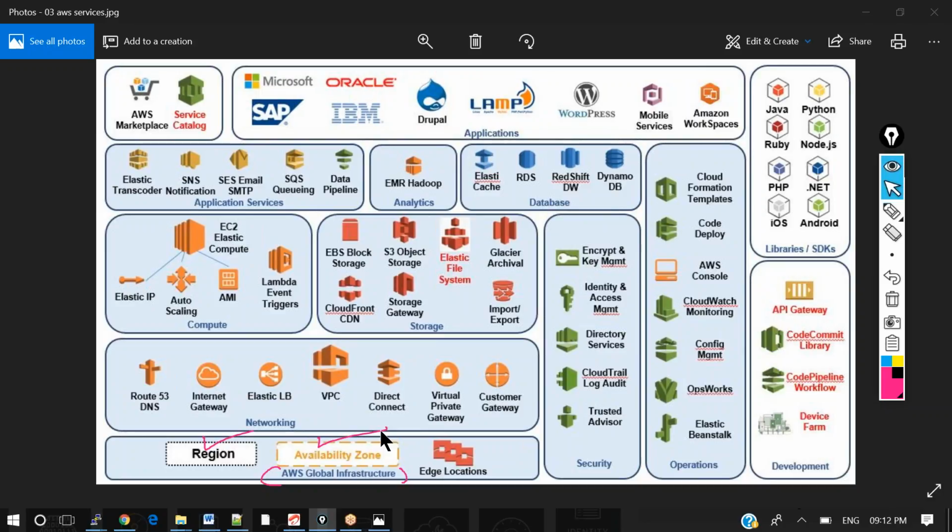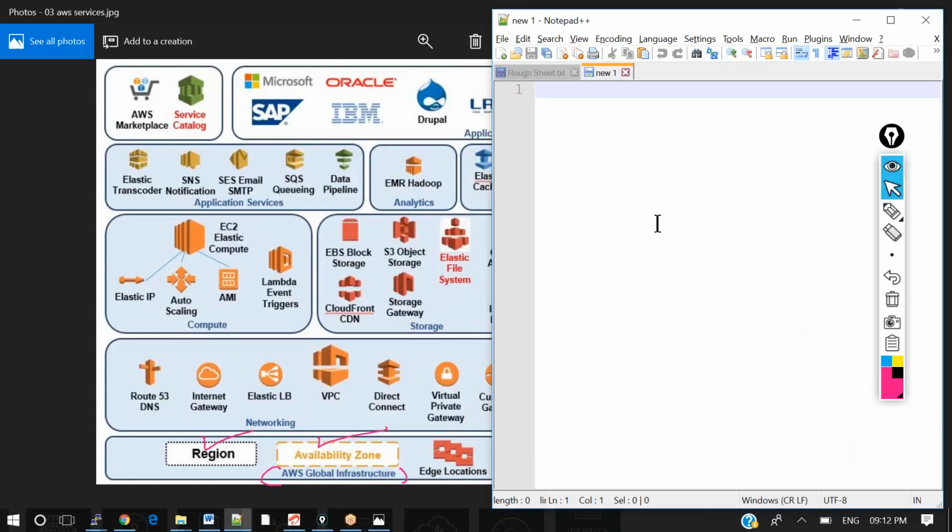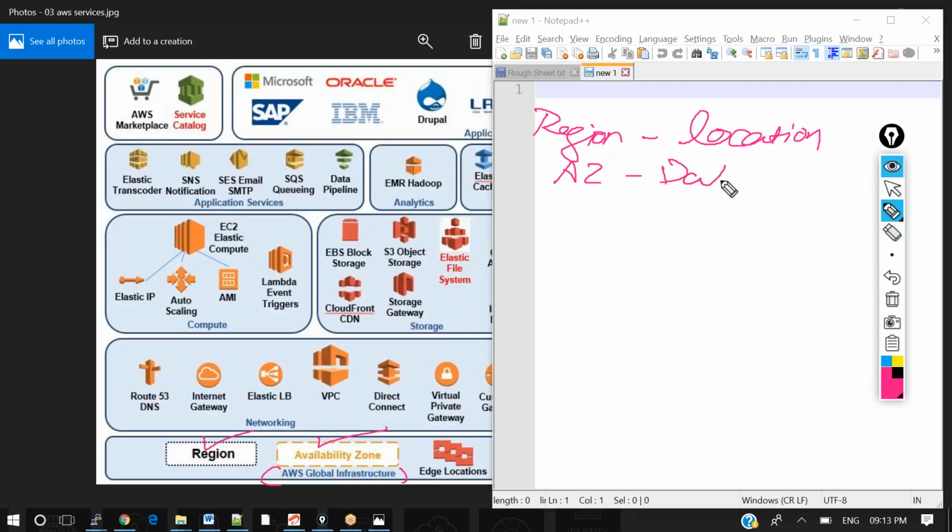So what you have said is correct. A region is nothing but the geographical location where the data centers will be placed. In simple terms, as we discussed yesterday, a region is a location and an AZ is a data center. Even yesterday we saw in the geographical link something like Mumbai of two.